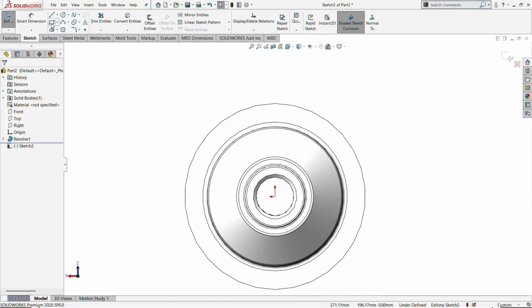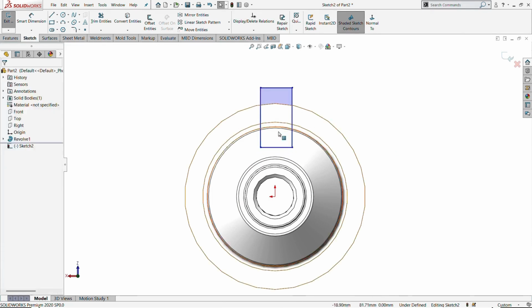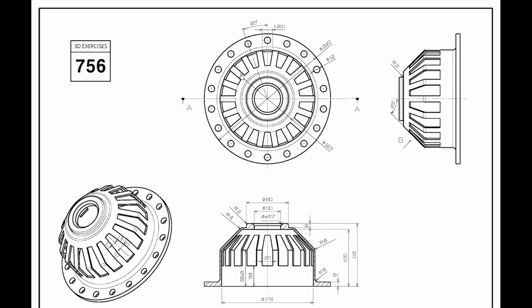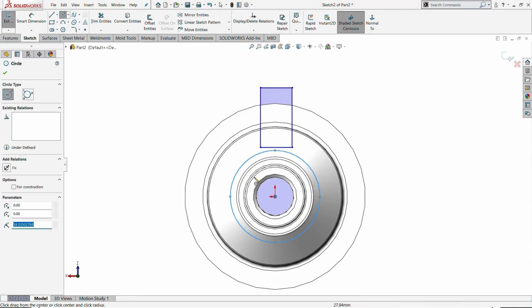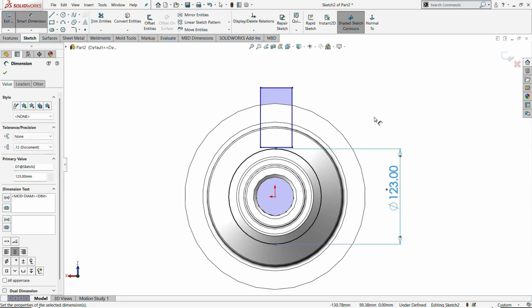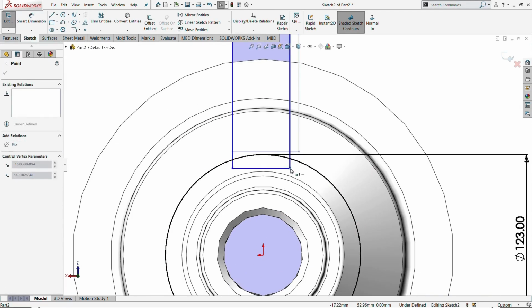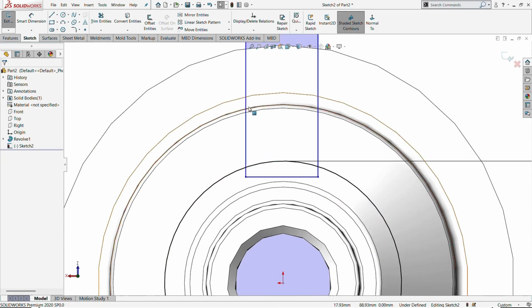First, I am going to choose one simple corner rectangle profile, drawn from a particular point. Afterwards, again I am going to choose one simple circular profile from the center point. What is the diameter of this? It is a 123 mm diameter circular profile. So choose a circle from the center point up to its location, then mention the diameter of 123 mm. Then intersect both the profiles, that is the rectangular profile as well as the circular profile. After intersecting that, I am going to choose the circular edges, select that,